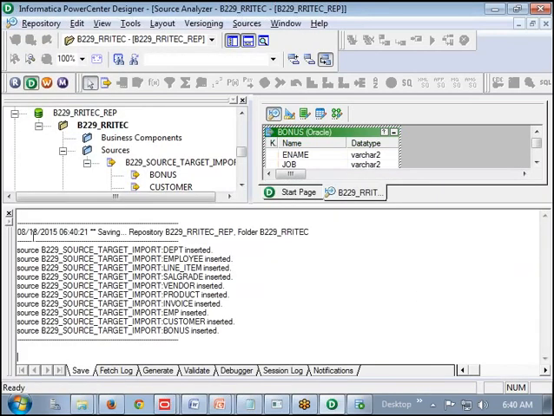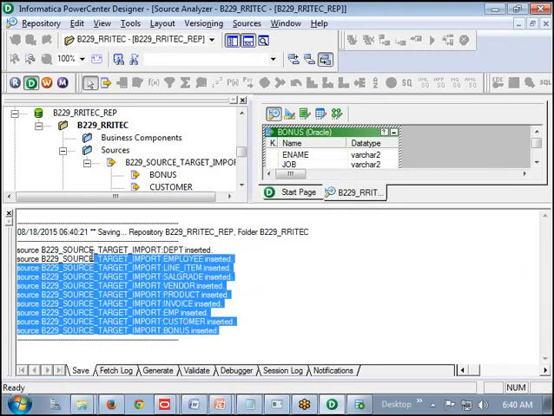Once you click on save, it says saving the repository called P229 RRI Tech repository, folder called P229 RRI Tech folder, and the source is inserted. All the sources are inserted.